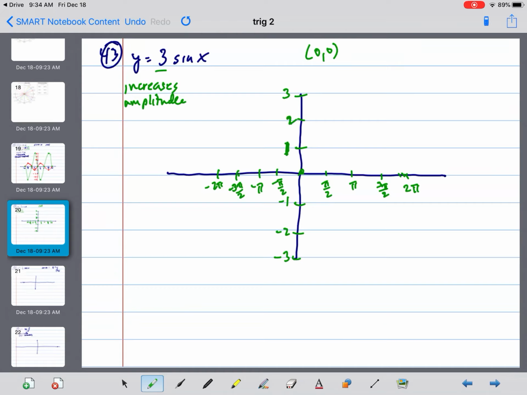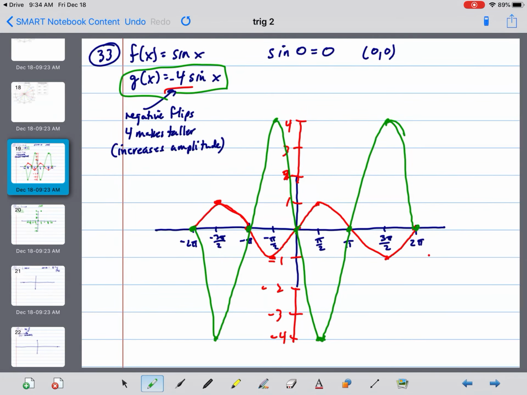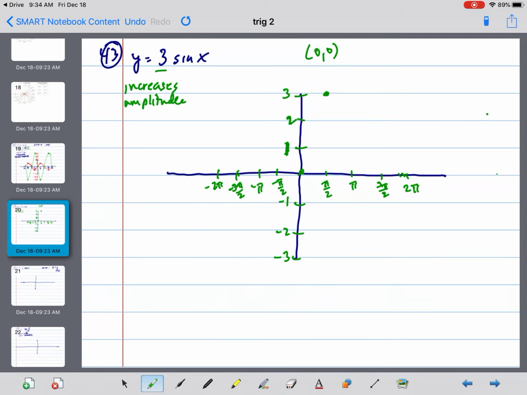Now it's going to go up to 3. Whoops, I don't know why I put that. That should be a 1, a 2, and a 3. It's going to go up to 3 here. This is going to look a little bit like the red one, but it's going to go up to 3. All right, it's going to go up to 3, and then down to 0, and then down to -3, and